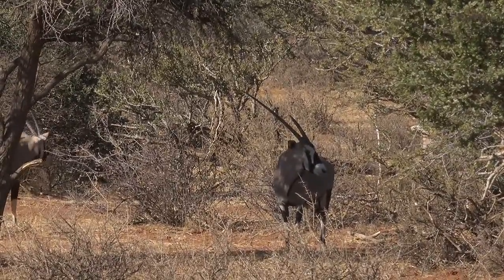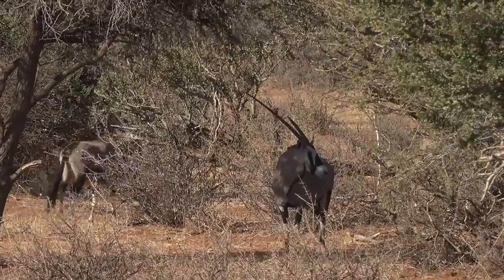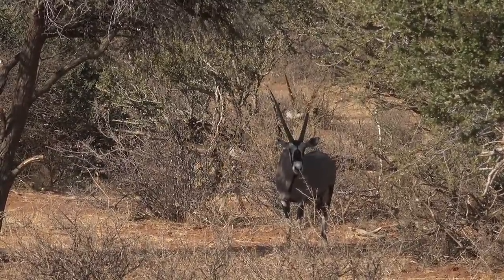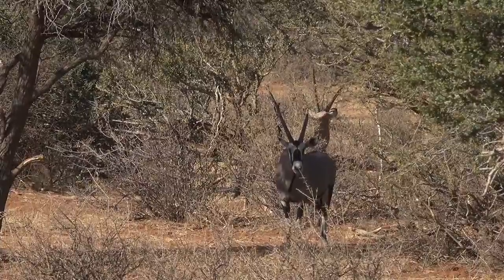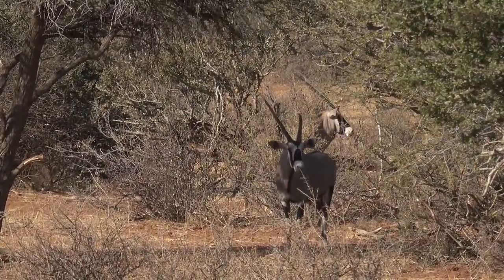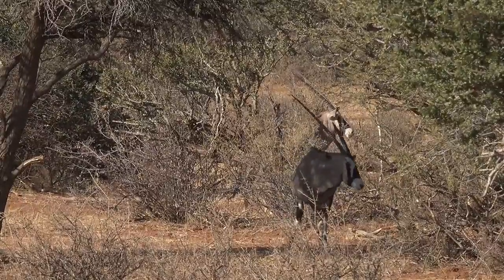And in fact, they don't need to drink water. They normally get most of their water requirements from the plants, the vegetation that they eat. And they've got a number of really interesting physiological adaptations to prevent water loss as well. We can chat about that more at length later. But